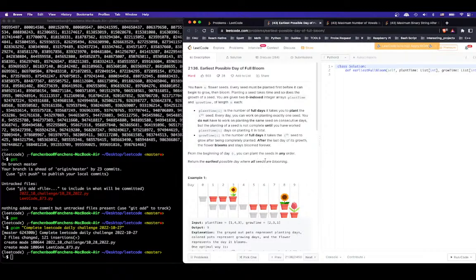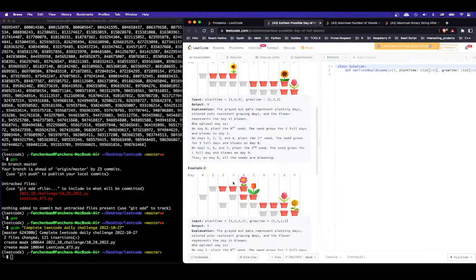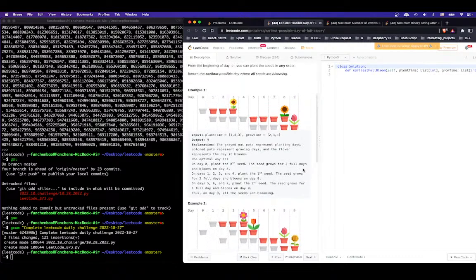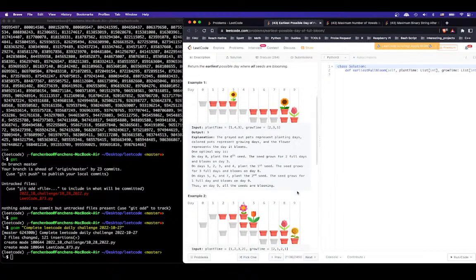All seeds are blooming. 1, 2, 3. Oh, 0 to 9. My bad. It's 10. This is 10. Oh, so I had another scheme that is 10. This is 10. 10 days. So that scheme was